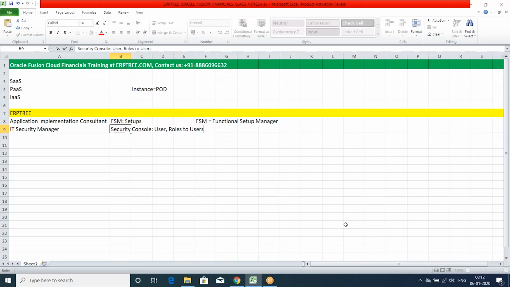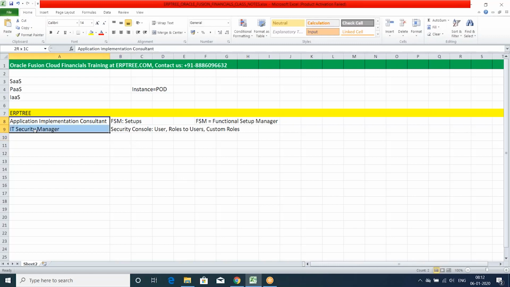And we can create custom roles as per our requirement. These and all can be done from the Security Console.